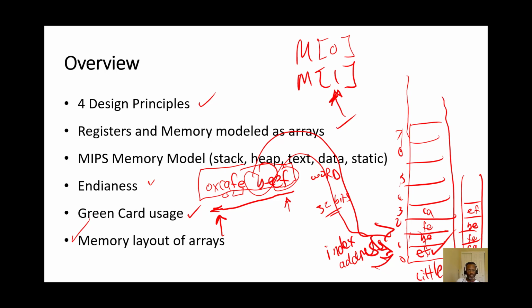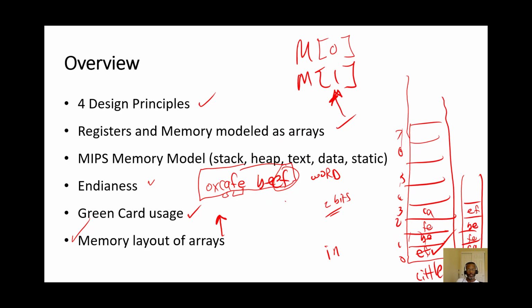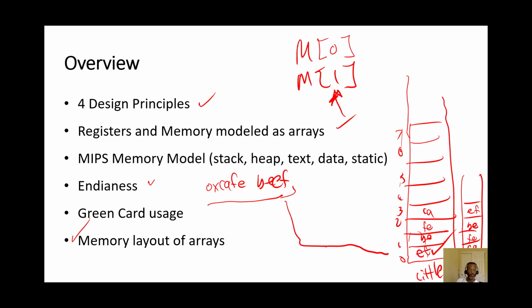We've also seen this idea of storing bytes into memory using either the little end or the big end of a word, and I'm calling this CAFEBEEF my 32-bit word. And we can decide to put this into memory using the little end first,